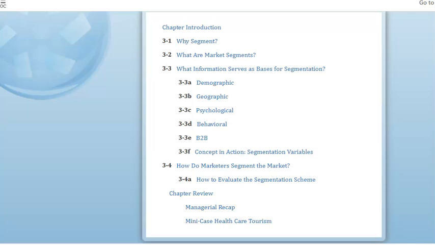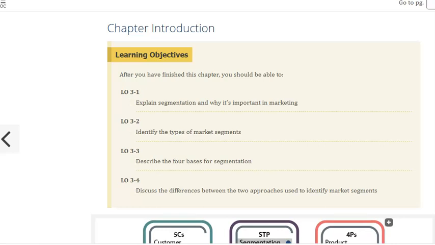Let's take a look at Chapter 4. Actually, I'm going to stop here on Chapter 3. I'm going to take a look at the next page over. I was just giving you the outline. But if you really want to write down what the objectives are as you're trying to learn from this, and what you can take away and actually potentially use in your milestones, your discussions, or your other activities, just take a look at the learning objectives. They're usually pretty on point. And you can use those as kind of headers, if you will, to take notes from what you're reading.